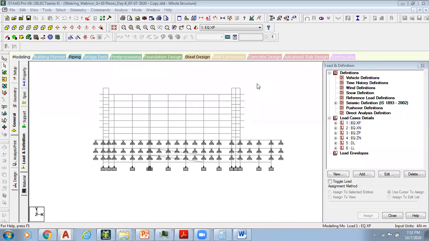And the third step is we have to find out if any member has failed. If any member has failed, you have to select that member, find the member number, and write those member numbers separately on a paper. Then find out where those members are exactly in the structure. Once you find their location, based on our theoretical knowledge and skills we identify the reason for those members failing.